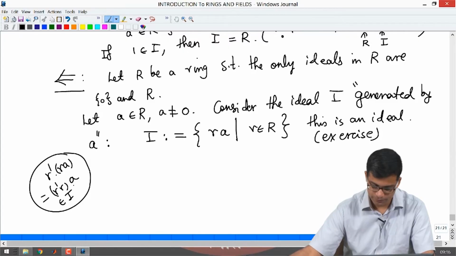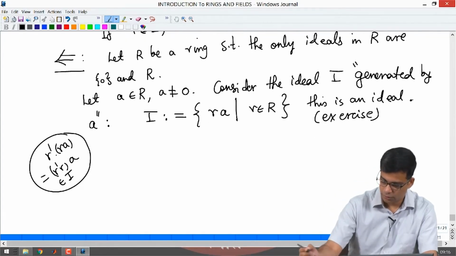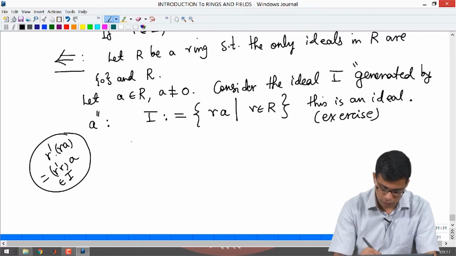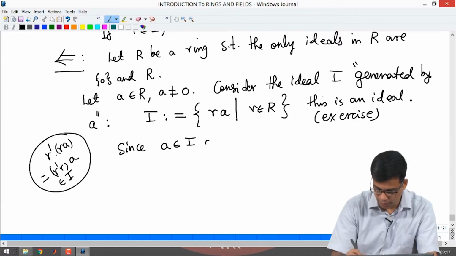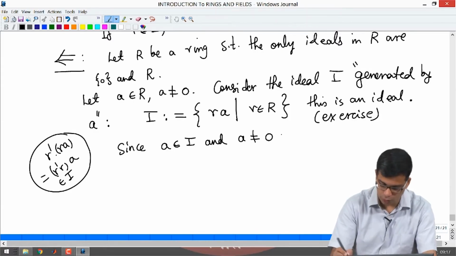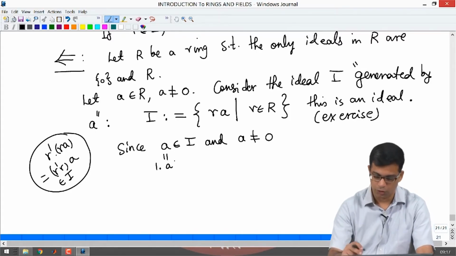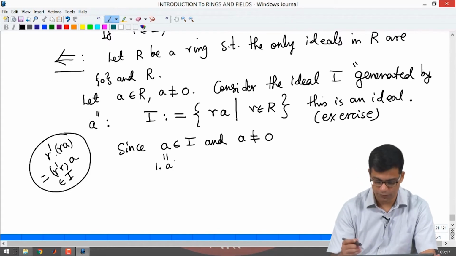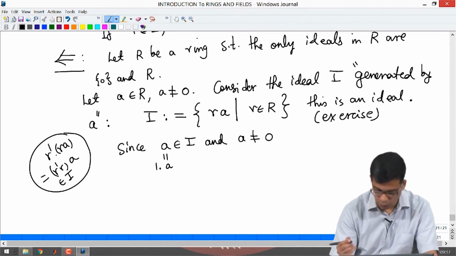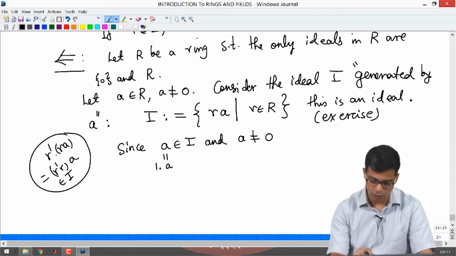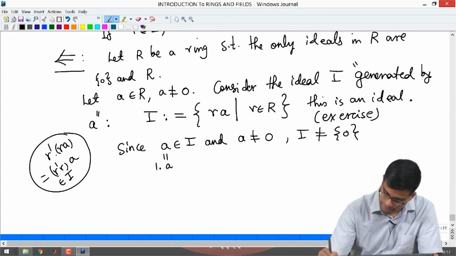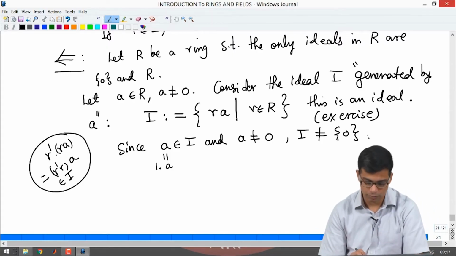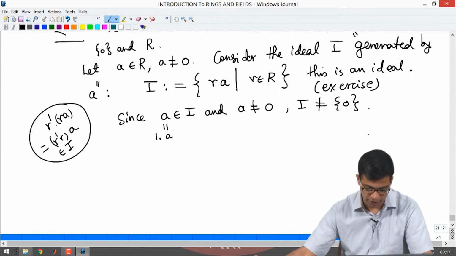So, consider this ideal, this is actually an ideal I. Now, since certainly a belongs to I, and a is non-zero, why does a belong to I? a belongs to I because a is equal to 1 times a. So, I consists of all multiples of small a. Small a itself is certainly a multiple of a. So, a is in I and a is non-zero, I is not equal to 0, because it contains a non-zero element, but by hypothesis